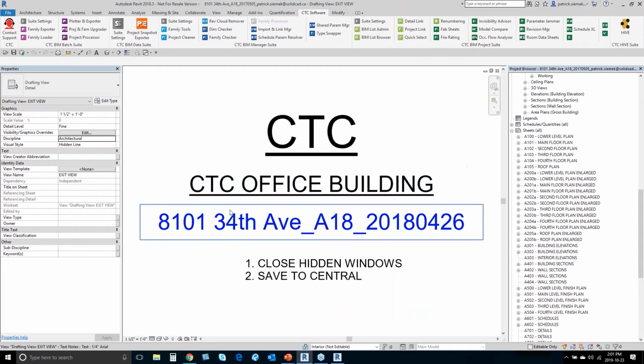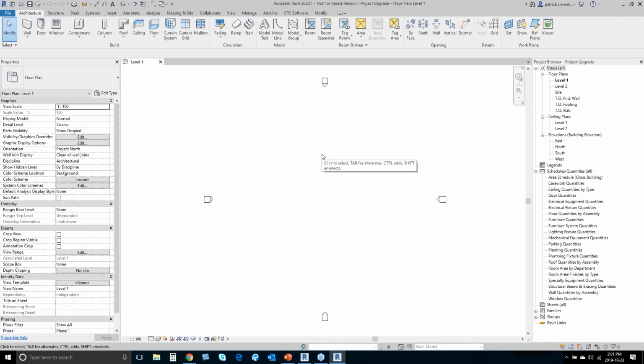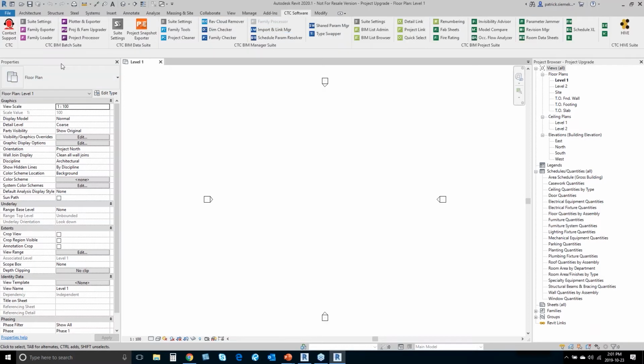So from here, what you would actually want to do is have open the version of Revit you want to upgrade your projects or families to. So here I have a Revit 2020 version. Along with that, you would want a very empty file to be used because Revit uses a lot of memory. So we want to keep it as lean as we can when upgrading our files. So from here, going back to our CTC tools, CTC software, BIM Batch Suite, and we have our project and family upgrader. So selecting project and family upgrader,